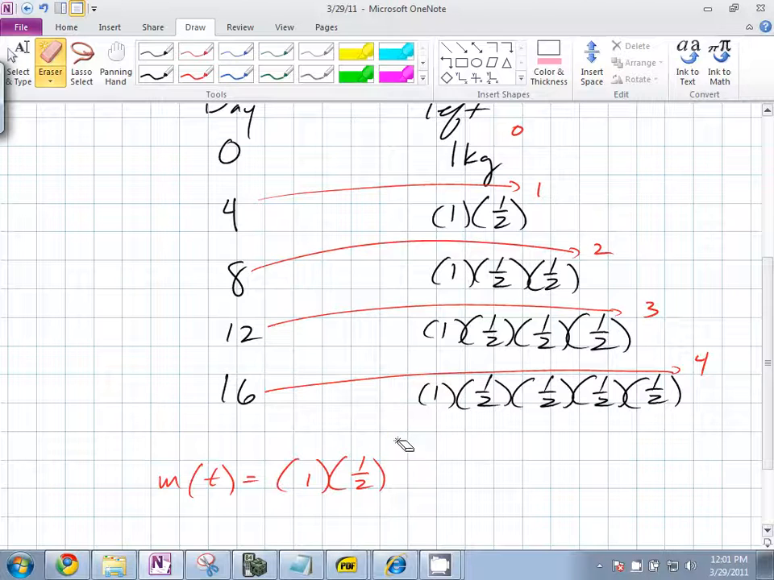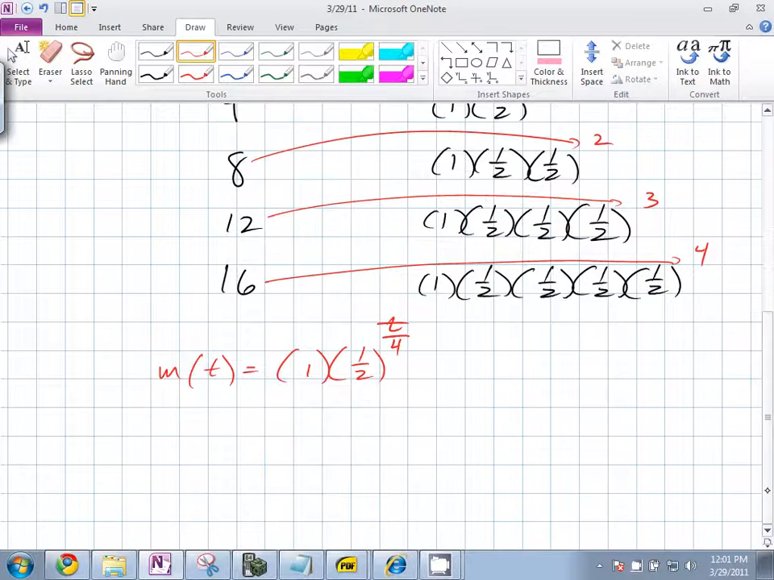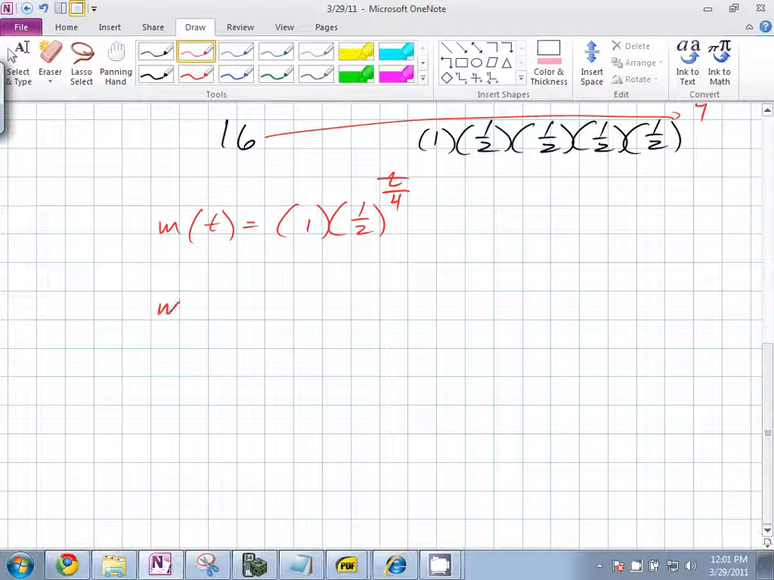Or another way to write that would be t over 4. We can clean that up a little bit because the 1 is invisible. It's a convenient number to start with. So our mass in terms of time, days, is going to be 1/2 to the t over 4 power. Exactly. Now, if we wanted to invert this,